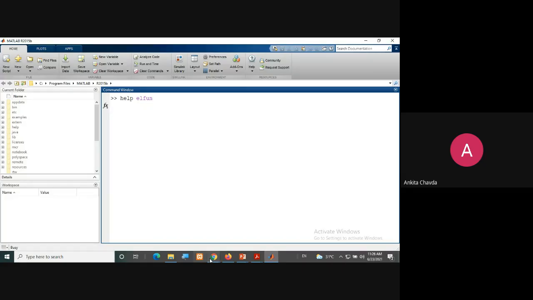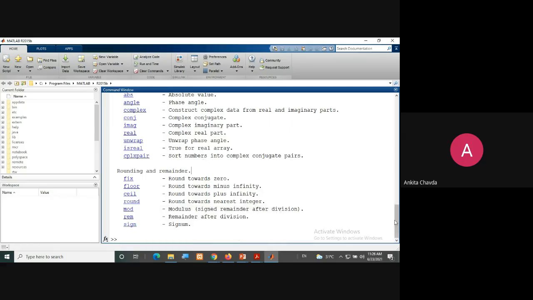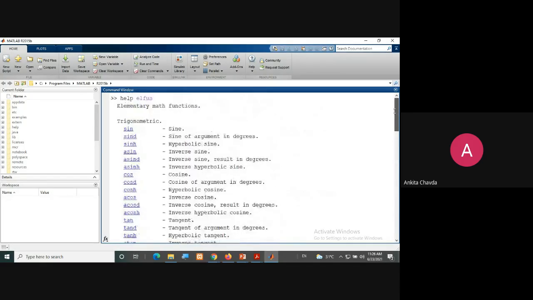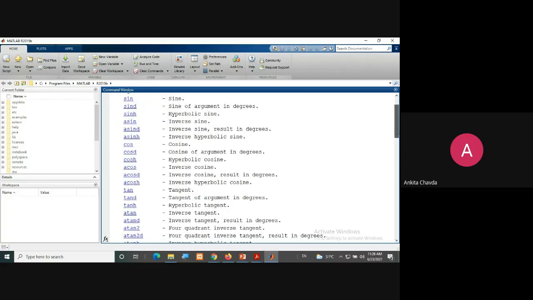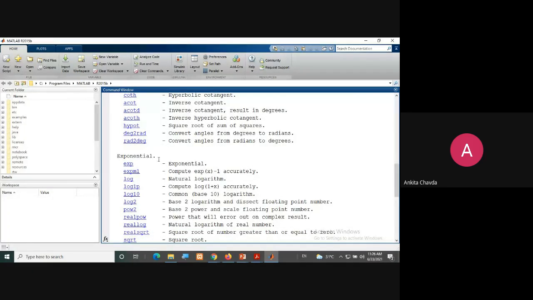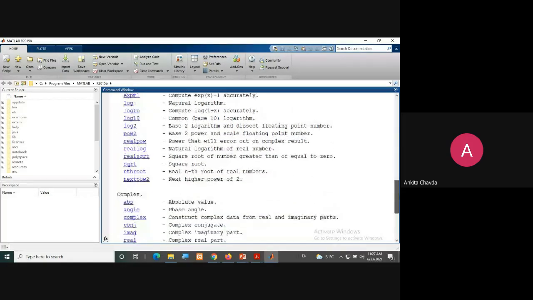Fine? Yes. So these are the functions. This is for the trigonometric, because elementary math functions are there, right? So here are the trigonometric functions, then exponential functions, exp, log10, everything is included.